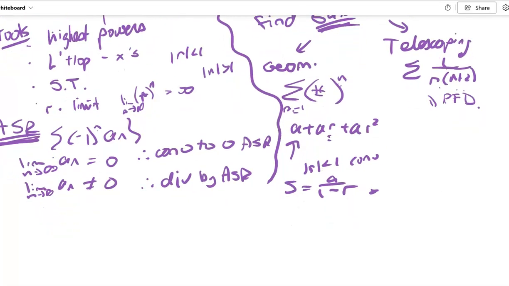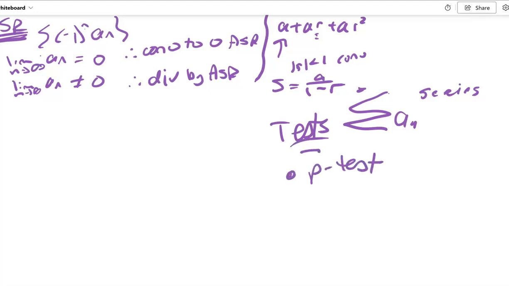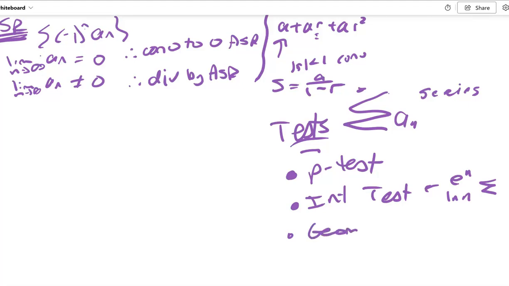Okay, so if it doesn't say find the sum, let me just come down here, and we still have this, there's different things we could do. In this series, we have tests. So we could do the p-test, and I'm not going to write down what it is. You just need to know it. It could do the integral test. An integral test is most useful if you have an e to the n or an ln of n inside your sum, right? You could end up saying, oh, it's a geometric sum, and you don't have to find what it adds up to. You can just say converge or